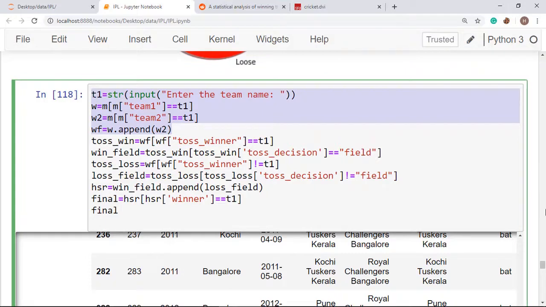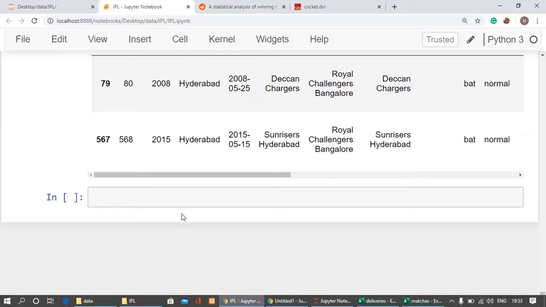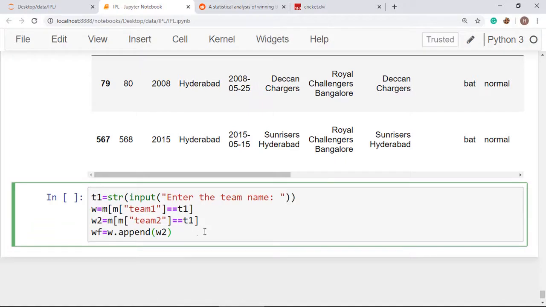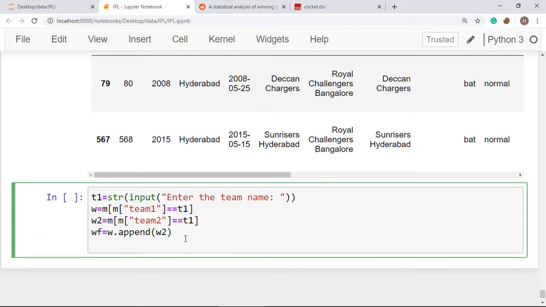You can copy here and put it here. So when you use this, it will create a particular team participating in a match, and you can check whether that team has won the match or not. So what you have to do is WF, and store it in a variable, like I'm storing f is equal to WF, and use WF and check that the particular team's winner is equal to that team or not.